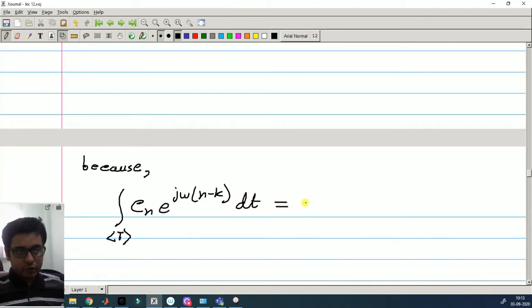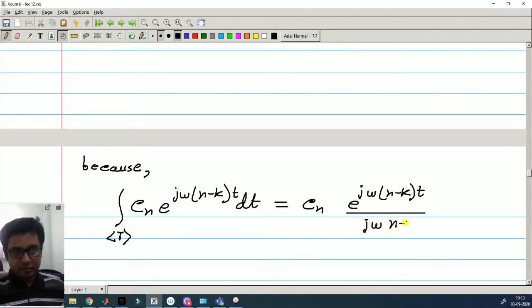Now this you can write as Cn, constant, integration of e to the power j omega (n minus k) t is e to the power the same thing divided by this coefficient j omega (n minus k), provided this denominator is not 0. And then with the limits,